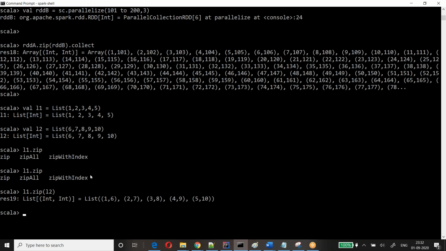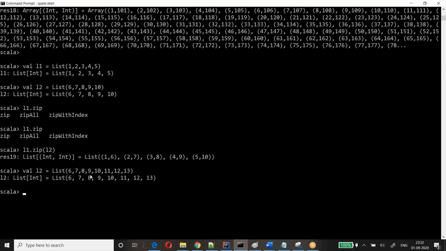Here we have the same length for lists L1 and L2. Whatever matches with the first one, that many only it will take. The rest will be ignored.